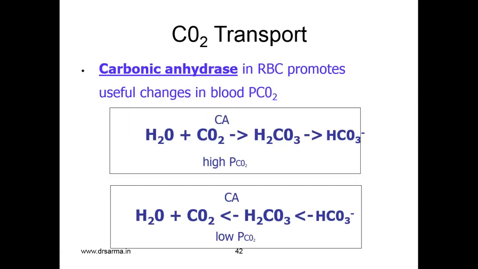There is an enzyme that's important, and so it's important to get in your head that carbonic anhydrase in red blood cells promotes useful changes in partial pressure of carbon dioxide. So what you have in this formula, carbonic anhydrase is listed as the CA. It's an enzyme that facilitates this reaction. If you have high partial pressure of carbon dioxide, then water and carbon dioxide is going to be turned into